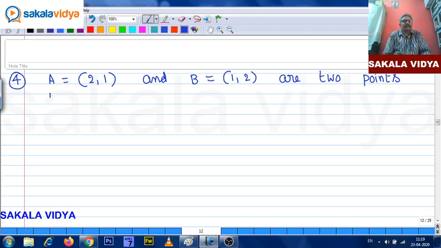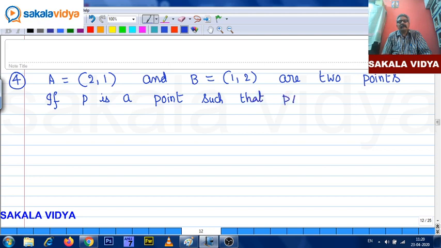If P is a point such that PA is to PB, this is the condition for the locus, PA is to PB is equal to 2:1, then the locus of P is